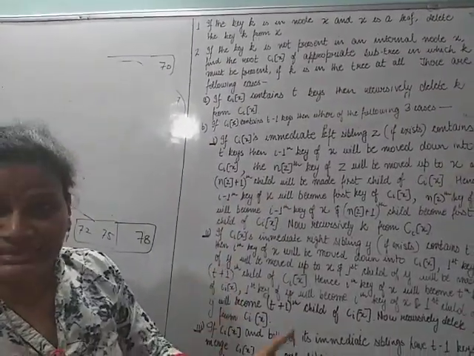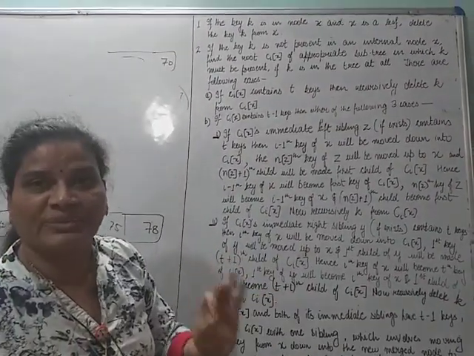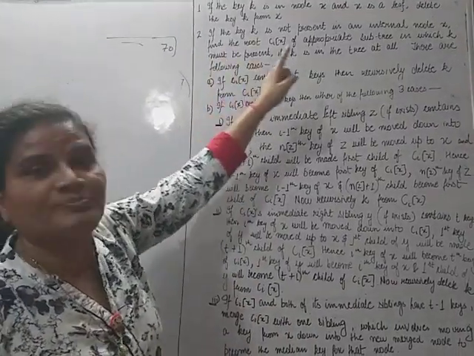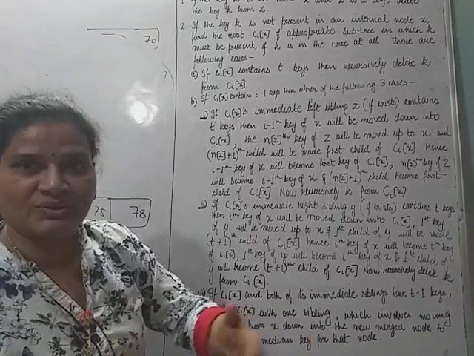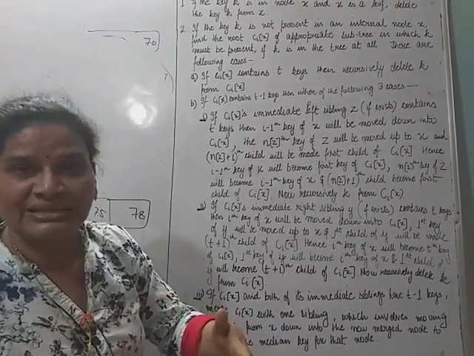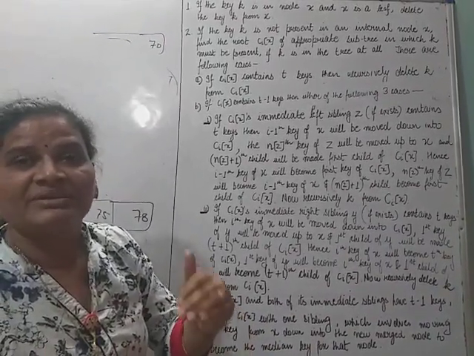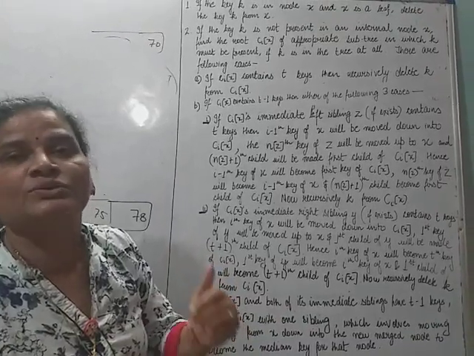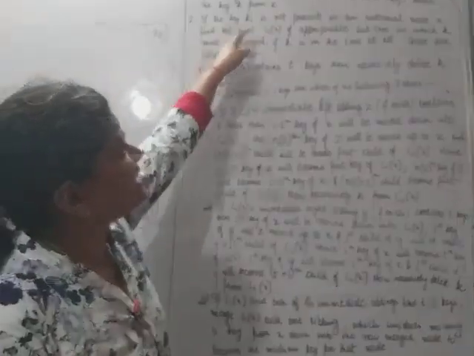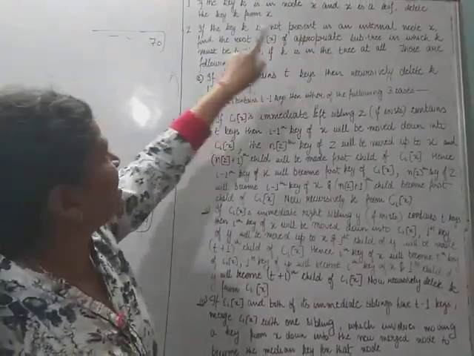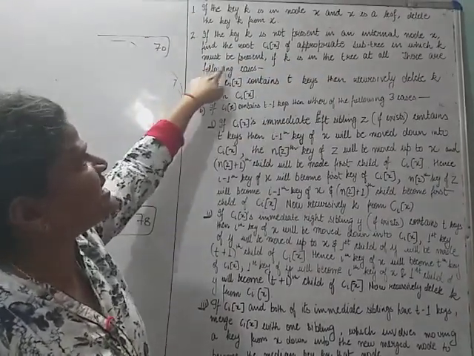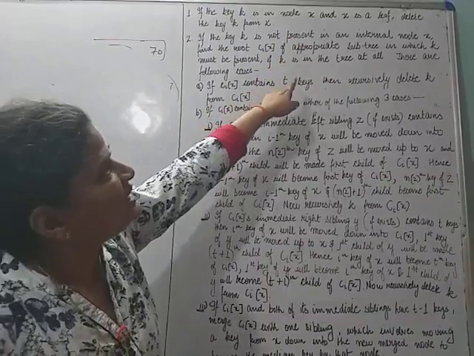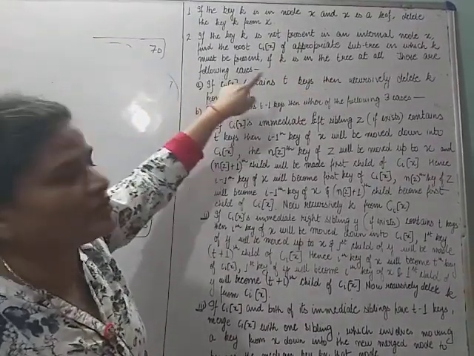If X is an internal node and the key to be deleted, K, is not present in X. Because in a B tree, the internal node also contains data, we have to check whether the key is present in the internal node or not. If key K is not present in internal node X, find the root CIX of the appropriate subtree in which K might be present. There are the following cases.